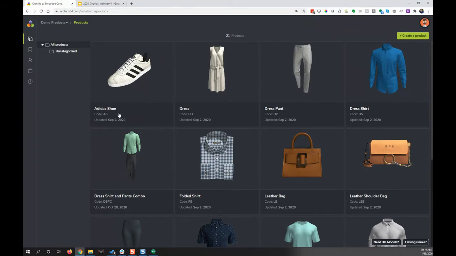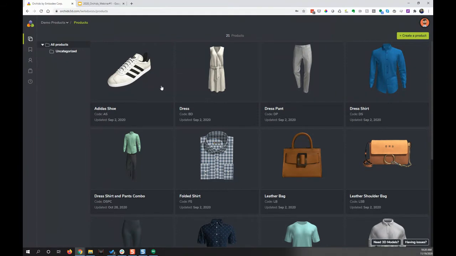And here is a list of all the products that we have currently within the platform. On the product grid, you can categorize products into different categories, and search and filter to easily find products. You can see that this is a familiar look and feel. It's supposed to feel a little bit like an e-commerce site. It's easy to understand as you come in. It's very visual and easy to use.